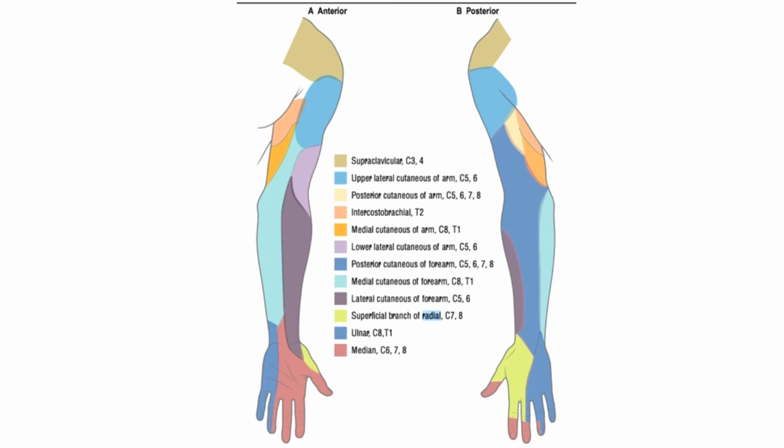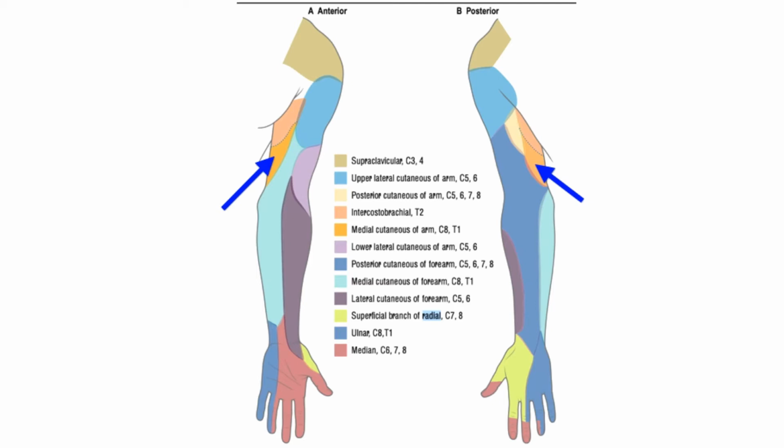In the middle of the arm, this medial cutaneous nerve of the arm pierces the deep fascia and becomes superficial to supply the skin over the medial side of the distal 1/3 of the arm, as represented by the blue arrow in the illustration. The next branch is medial cutaneous nerve of forearm.